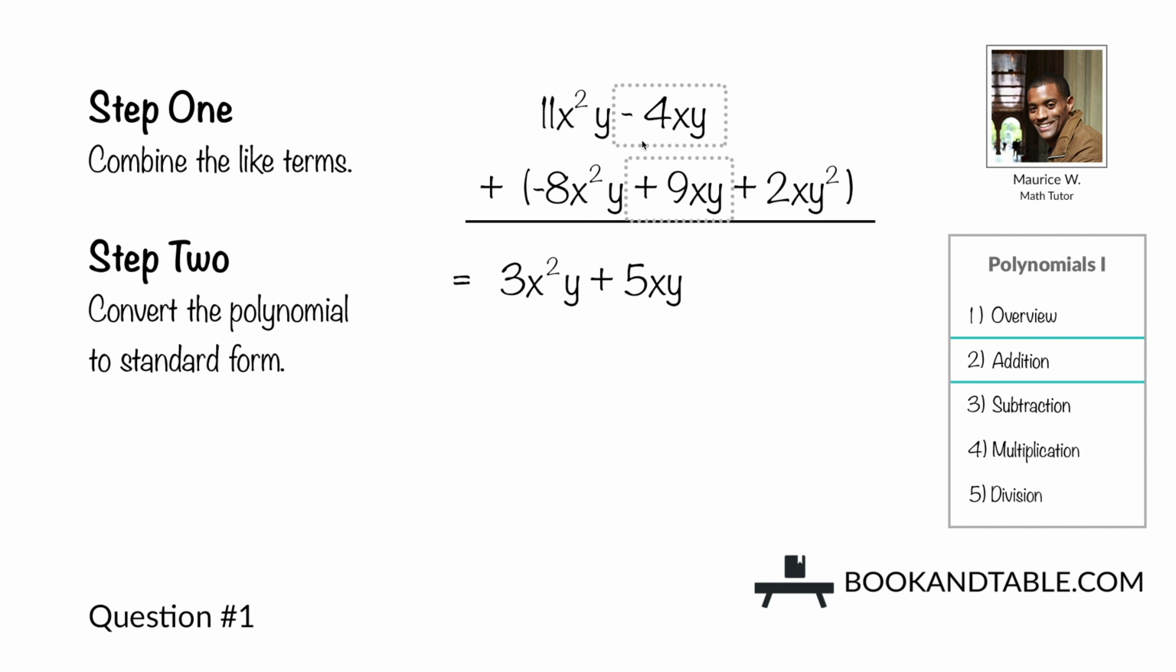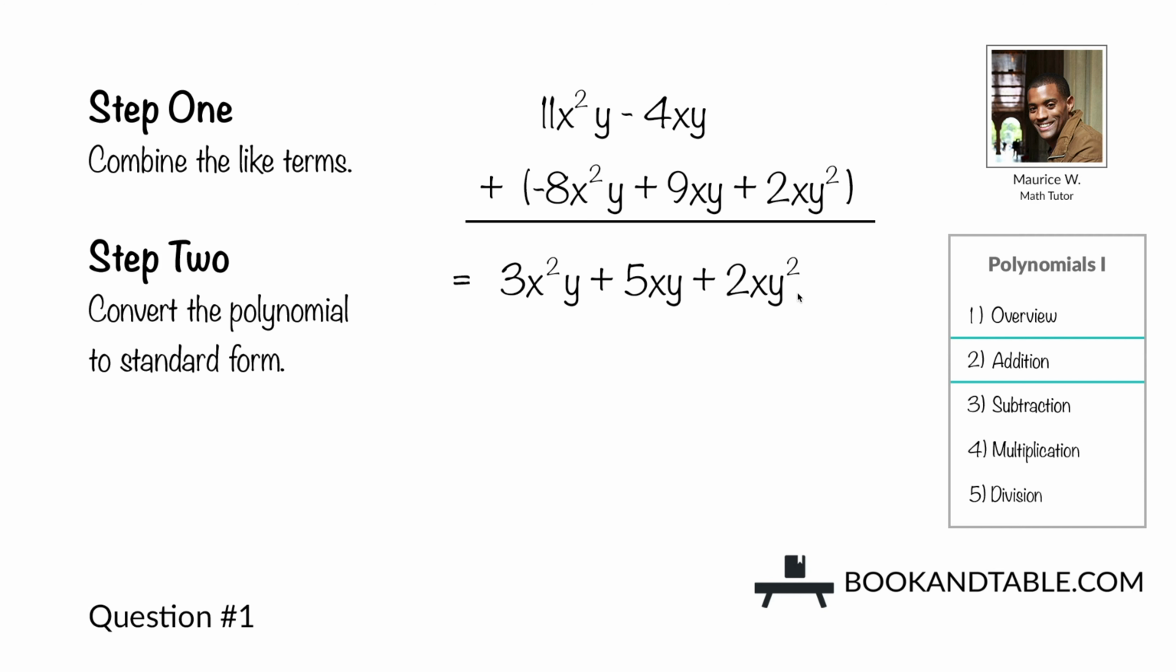You then go to the next term of the first polynomial, negative 4xy, and combine that to any other like terms in the remaining expressions. We then want to combine it with 9xy, so we add their coefficients. Negative 4 plus 9 gives us positive 5xy. And then we have 2xy squared, and no other term has these variables with exponents, so we just bring that down as is. So we get 3x squared y plus 5xy plus 2xy squared, and then we want to convert